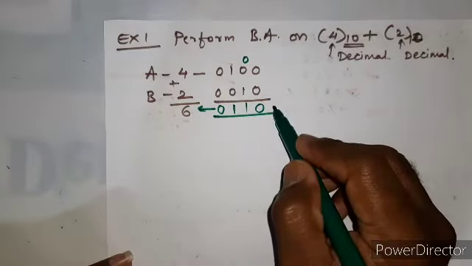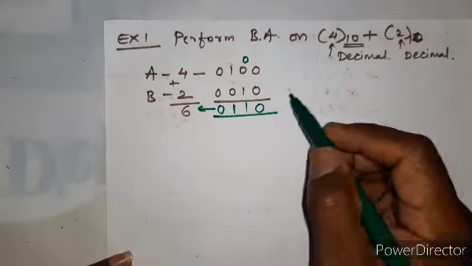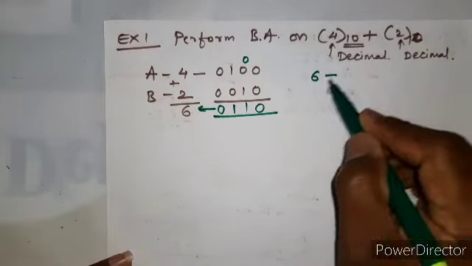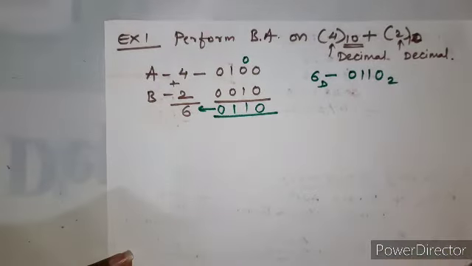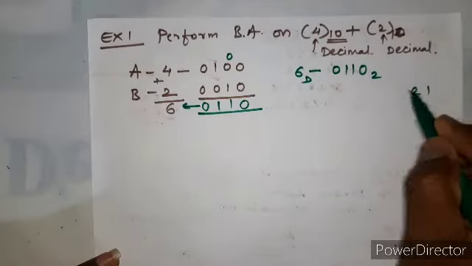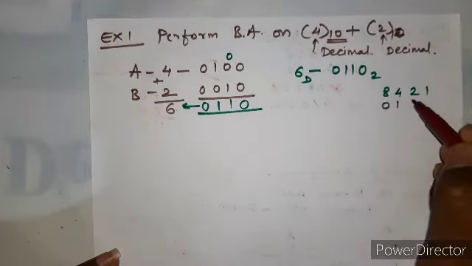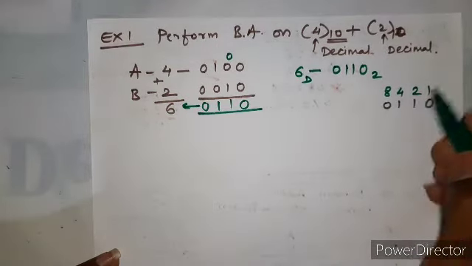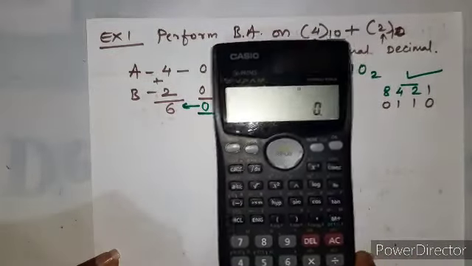Now just refer to that table, the hexadecimal to binary, or even decimal to binary. In that you will see 6, if it is decimal, then its binary equivalent is 0 1 1 0. Or you can even try this method, 1 2 4 8. So we have here 0 1 1 0. So 4 plus 2 is 6. Absolutely correct. We can even verify this with the help of a calculator.